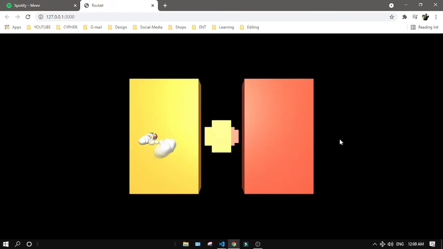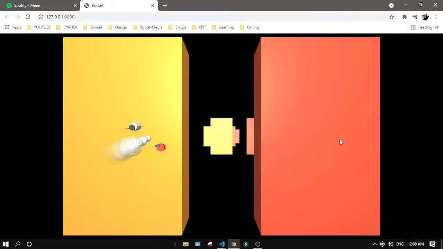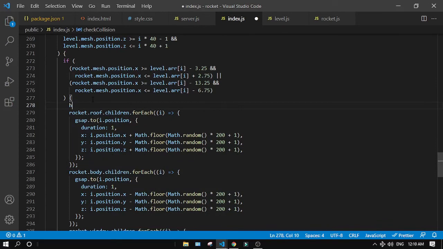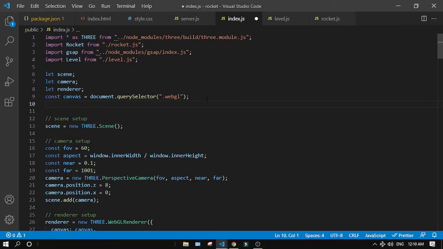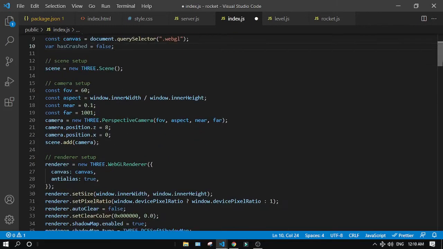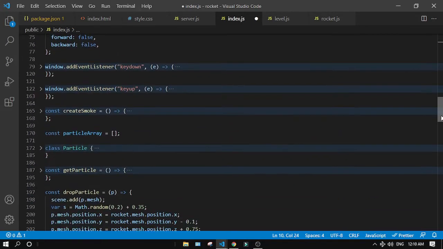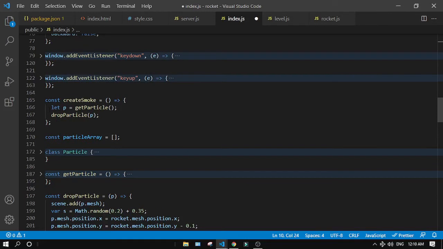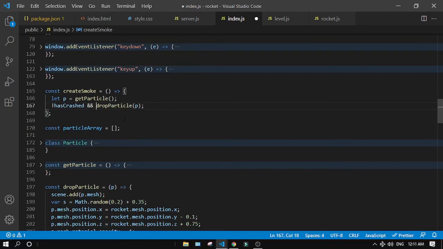But still, we can still control the rocket after collision. We need to stop that first. We'll declare has crashed as true here. Its default value in the global will set it to false. So now as soon as the rocket has crashed, certain things need to be taken care of. We will not create smoke if the rocket has crashed, and